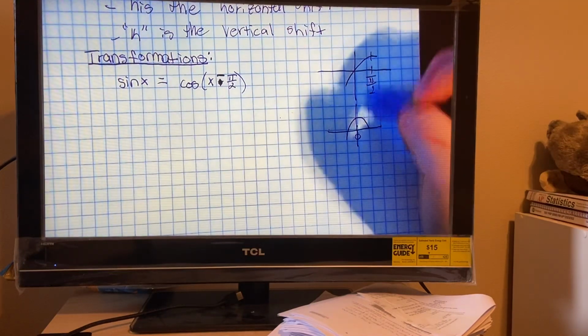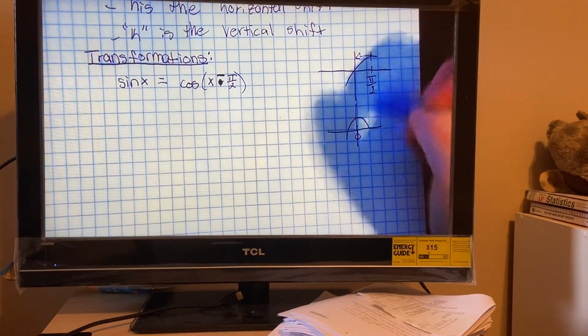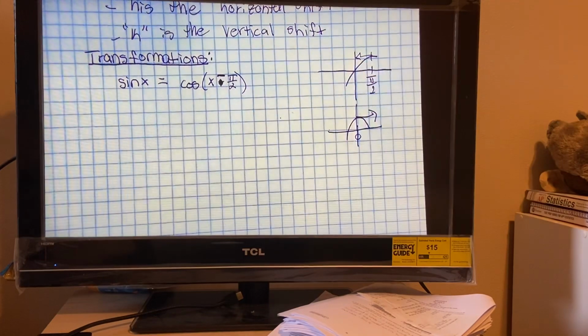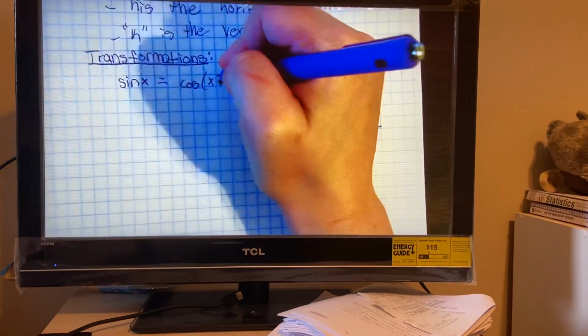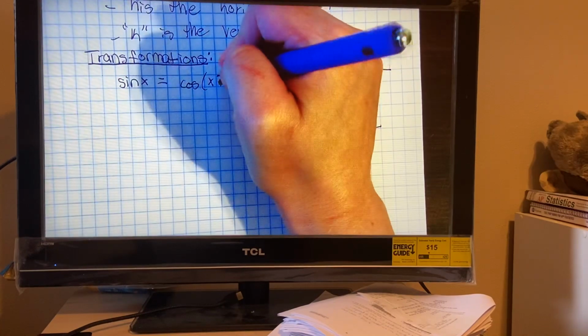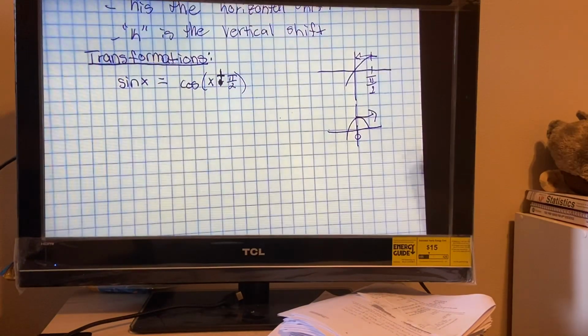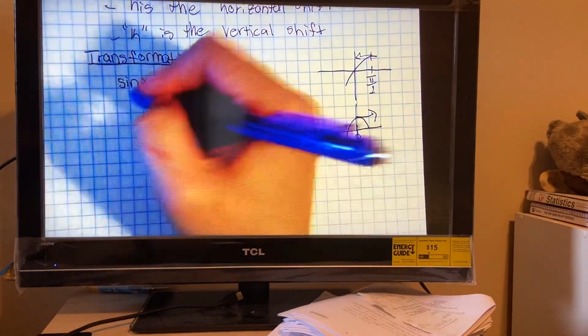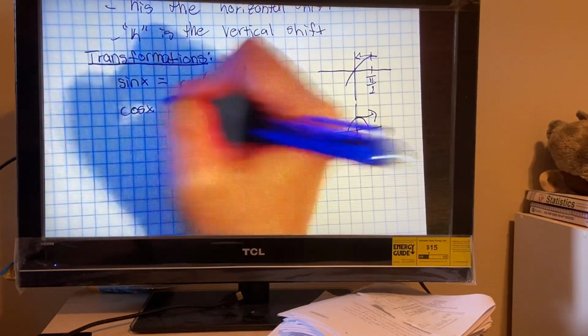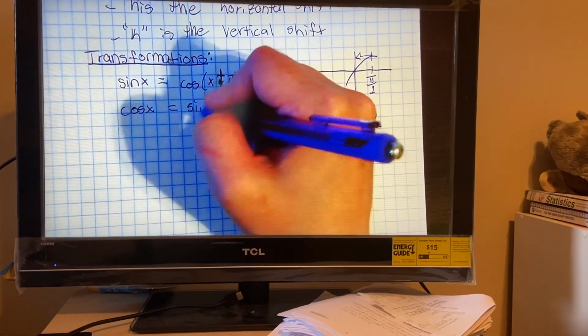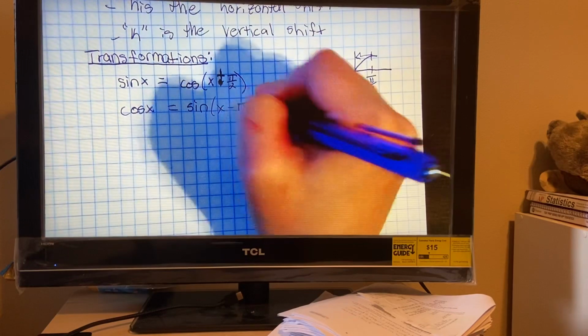Okay, so sine needed to go pi over 2 to the left because cosine needs to become pi over 2 to the right, which means this one is plus. I thought it was right the first time. So cosine needs to go the other direction. So it'll be sine of x minus pi over